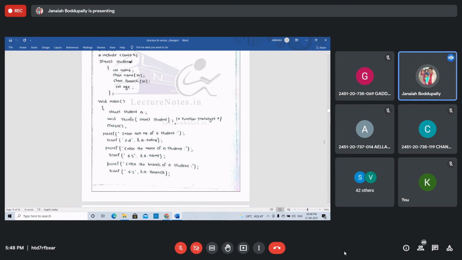In the previous one, we wanted to pass the members of the structure. The declaration is done within the main function only. In the main function, the declaration of the structure is done. But if you want to pass the entire structure, then the declaration of the structure is also within the main only. Both are the same, but the difference is that the function prototype is inside. See this, in the main, the structure declaration comes before that.